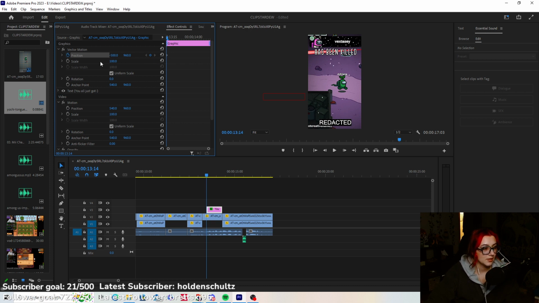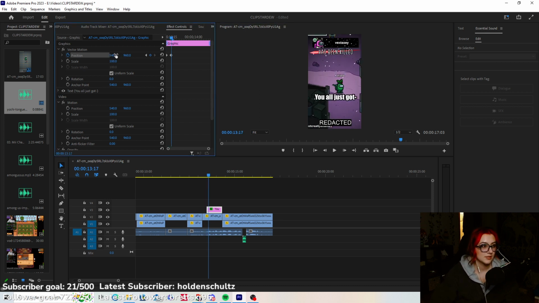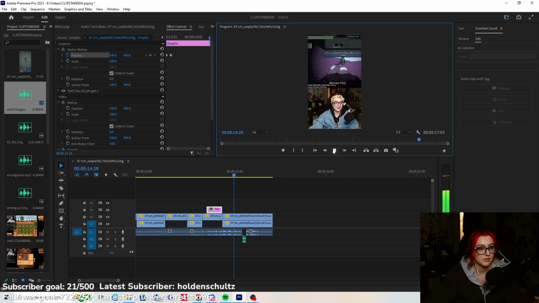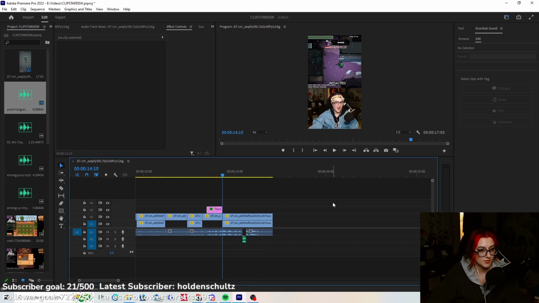Alright, so again, do our keyframe, toggle the animation over here, it goes all the way to the left. 1, 2, 3. Center it with 540. Sometimes when I get cut, I don't have it fly off because it's cutting in the middle of me talking, so it's not an ended statement that can fly off screen. So I don't think I'm going to have it fly off screen since I stop in the middle of a sentence.